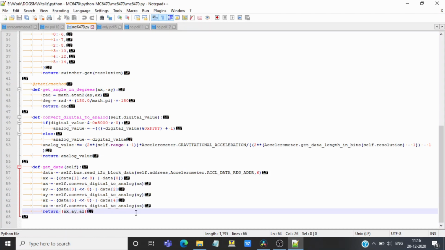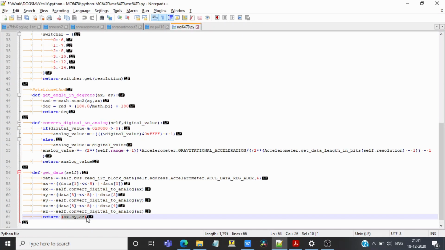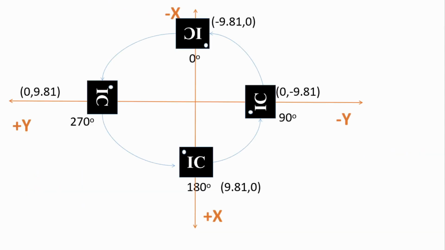If you are interested in knowing more details about what 2's complement is and how to interpret and process 2's complement data, you can check out the link in the description of this video. That way you will get an in-depth understanding of what's going on behind the scenes of this method convert digital to analog.